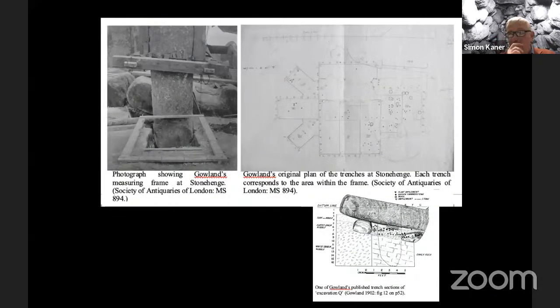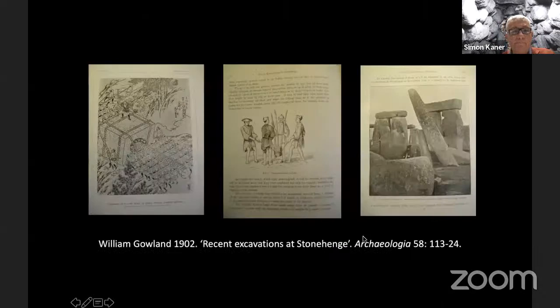Gowland again uses his signature method of a gridded excavation, and he records it all very carefully. And in his report, possibly the first use of Japanese analogies for interpreting British archaeology, he explains how Japanese in the Edo period moved very heavy blocks of stone on rollers and things, and also this kind of maul that they were using to pound those stones.